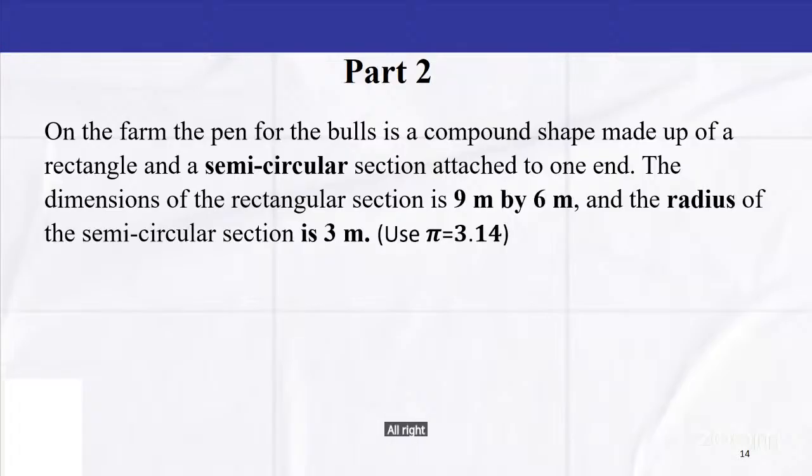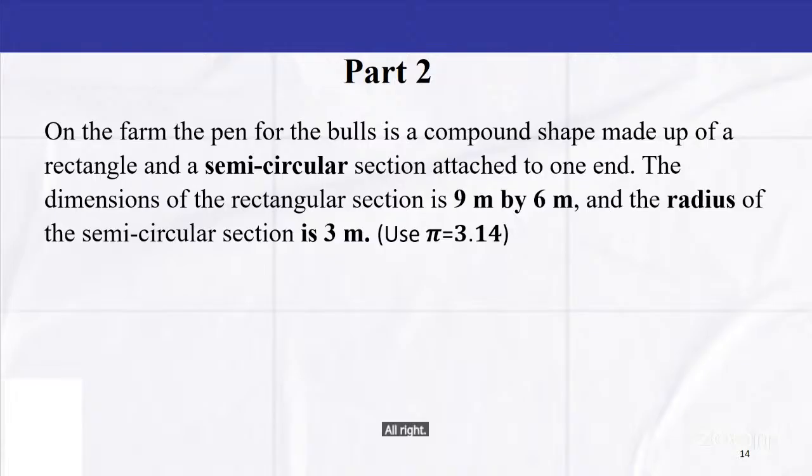Going back to the chat, I see responses such as semicircle, the values given, the formula. Thank you so much. Can we take one more? Dimensions of rectangle and radius of semicircle. Wonderful. I have one more question for you before we move on. What is a compound shape? Or maybe I should say 2 questions. The first one, what is a compound shape?